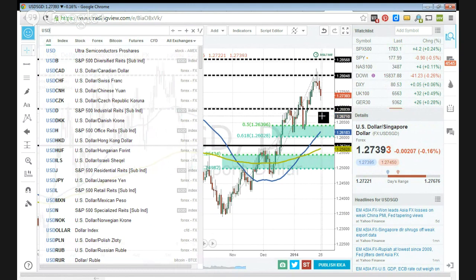If I'm targeting with this here, if you enter at 2804 and you target 2693, you can probably get one. You put your stop somewhere right around here, like 2830. So put your stop 30 pips away, and you get over 100. So yeah, you'll get 3-to-1. So that's dollar Singapore,